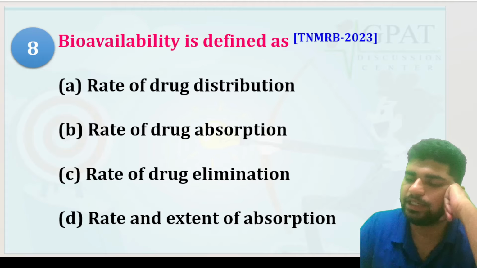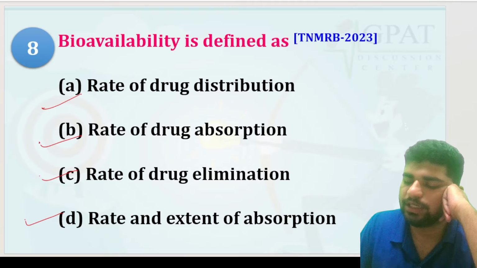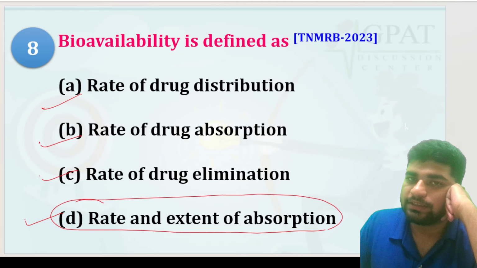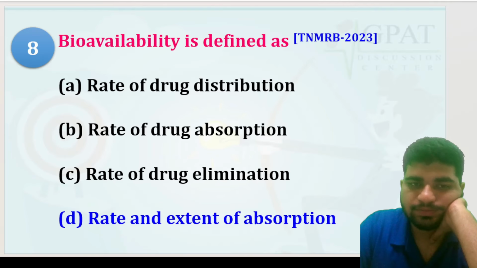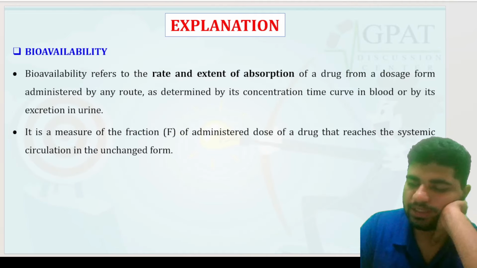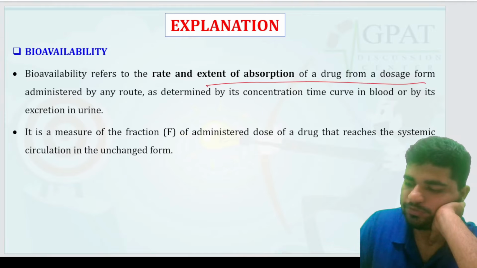Bioavailability is defined as the rate of drug absorption. What is it? It is the rate and extent of drug absorption inside the systemic circulation. So bioavailability refers to the rate and extent of the absorption of a drug from a dosage form